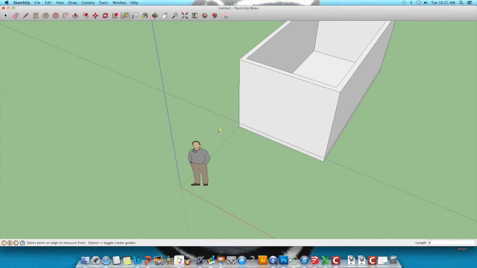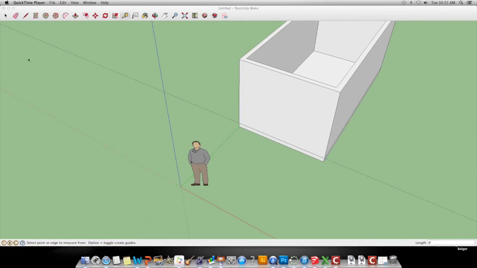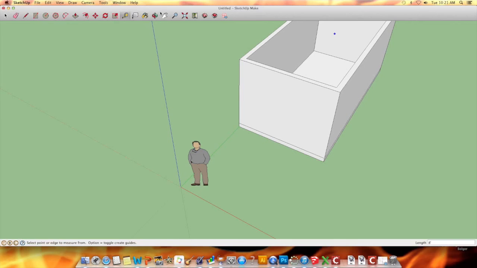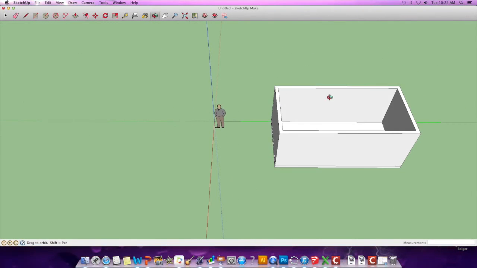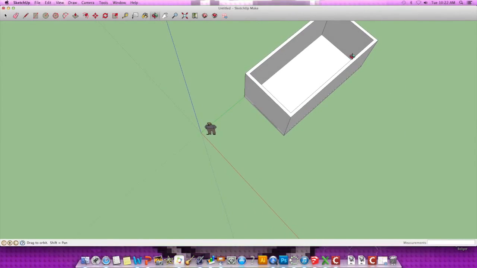Now you can see a guideline popped up here. It's not in my way right now. Later on, I'll show you how to remove it. Actually, I'll show you how to remove it right now. If I go to edit, let me just move this out of the way. If I go to edit, delete guides, that will remove the guides and they're out of my way. So now if I rotate, by the way, I have 4 walls which create a room. So this is actually my garage. This is based on my real